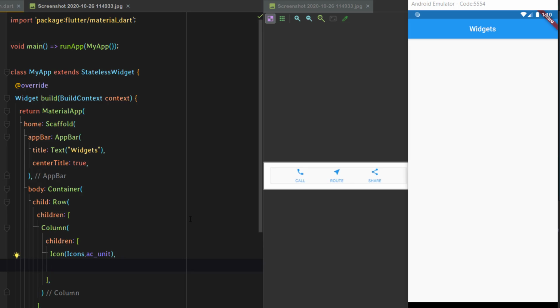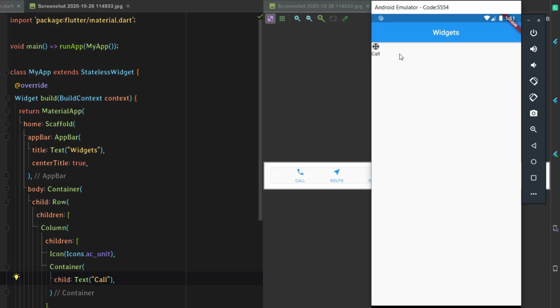So instead of making like, fine, we'll just take a container itself. This container will have a child text saying maybe call again. We'll just take the same text, and if I just save this program here, as you can see we have it at the top here, just a single column.